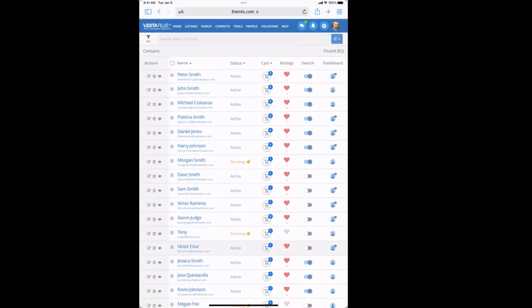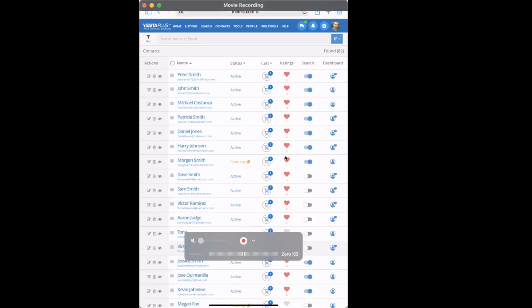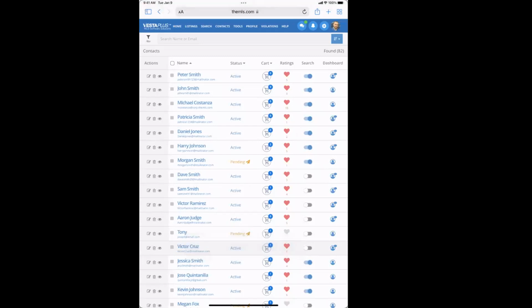As you can see, this will give me access to the client dashboard. Like I said, another time we'll talk about the client dashboard and how to take advantage of it. But once you create a client dashboard and you need to access that on your mobile device, you will go under your contacts, and then you can access your client dashboard and see all the listings that they rated with the heart and which ones they liked and so on. So the contacts will give you access to the client dashboard and all of your contacts. All right, let's go back to our